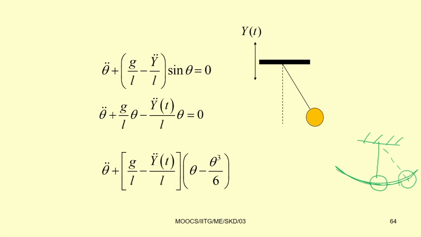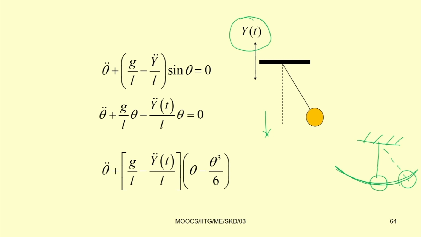But if the platform itself is moving up and down, so if you derive the equation of motion, it will simply modify to this form, because you have to take this acceleration term here. So, this is y t, then the acceleration will be y double dot t. As gravity is always acting in the downward direction, this equation you can write in this form, that is theta double dot plus g by L minus y double dot by L sin theta